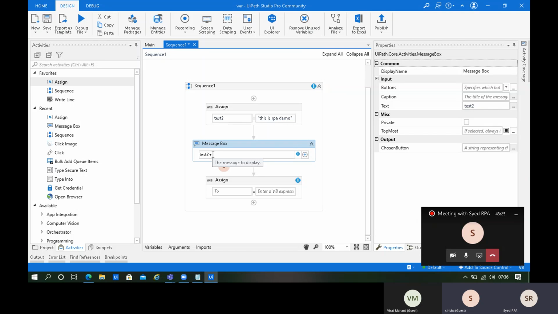But my question is, I don't want "and it is completed" as any variable. I just want the value. That is what my question is. Okay, got it. So for that, what we are supposed to do is just copy this,